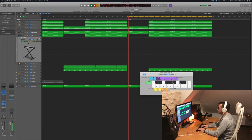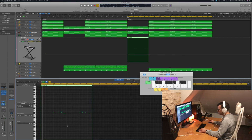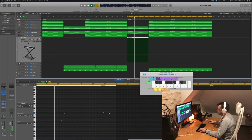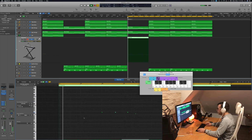Do some timing. So what I'm doing is I want the timing of those keys to be a little bit odd, to really create a bit of intricacy. This one is good. This one could be here. Well, it's going to end up being squared, knowing me, so